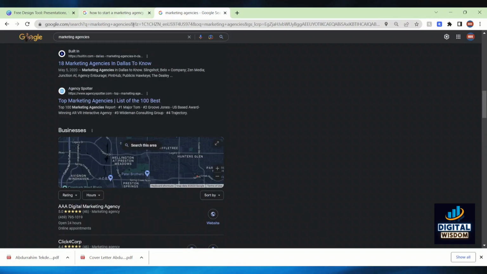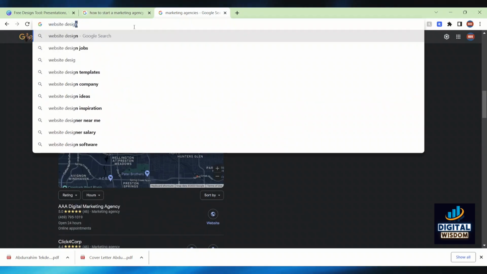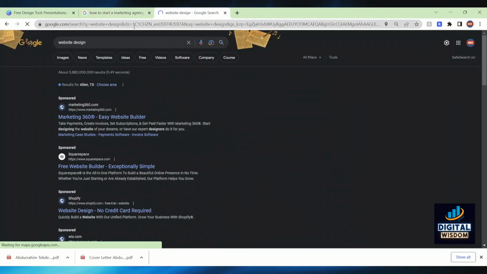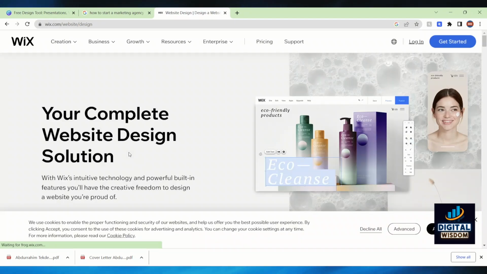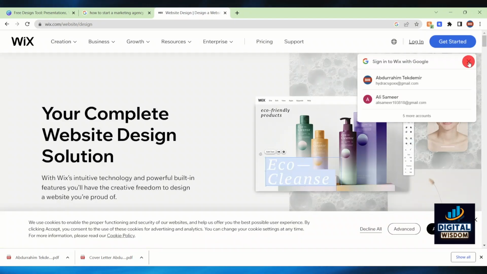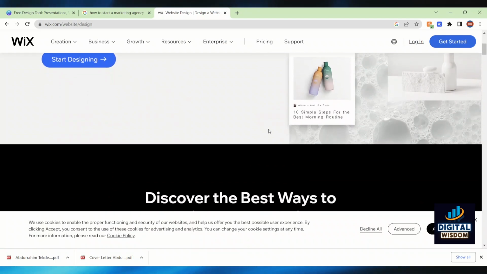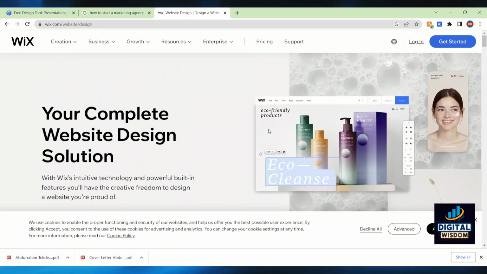And you gotta make sure that you create a website design to make sure that you are doing the marketing well, because most of digital marketing now consists of website design. Website design is like the main component of how to get people, and you can talk to your client on how to do it, like what they want, and you can literally create a Wix website, which is free, and they will pay you to create it.